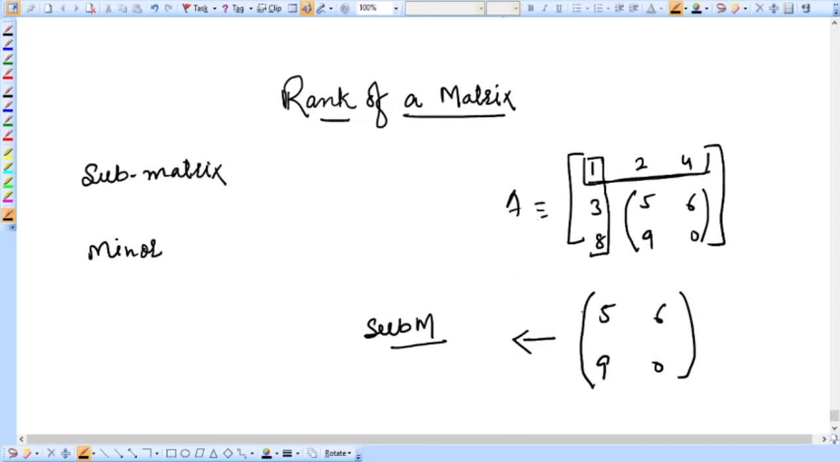And if I find out its determinant, which is equal to 5 into 0 minus 6 into 9, which is minus 54, right? That is, the determinant of a submatrix is known as a minor of the given matrix. Okay, so this is all about submatrix and